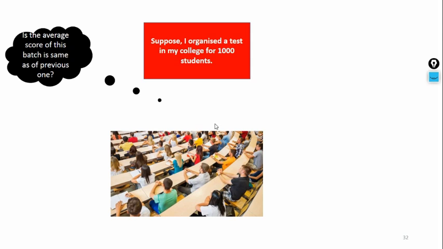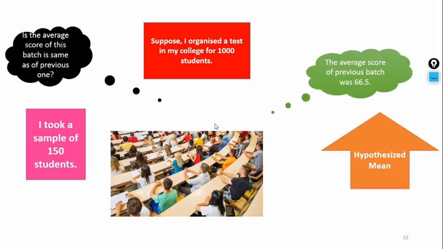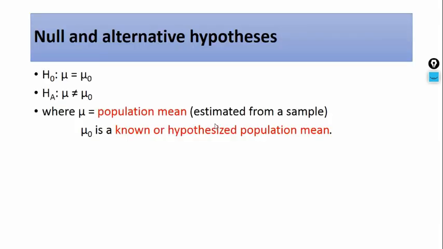Friends, let's discuss our working example. Same example I am taking. Till now I have told you what a box plot is, how we can check outliers, how normality will be checked, and what the conditions are, what type of data we will not get normally distributed. Same example I am discussing again with my data file. In this case, we will take the hypotheses: null hypothesis and alternate hypothesis. The null hypothesis is mu equal to mu 0, and the alternate hypothesis is mu not equal to mu 0.